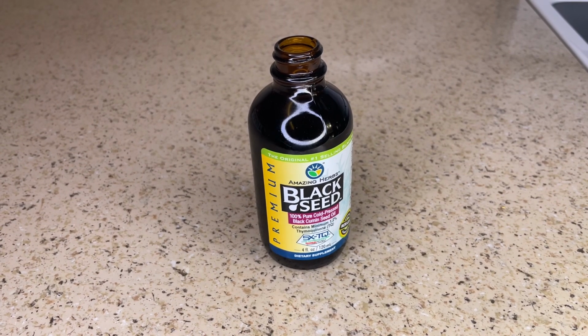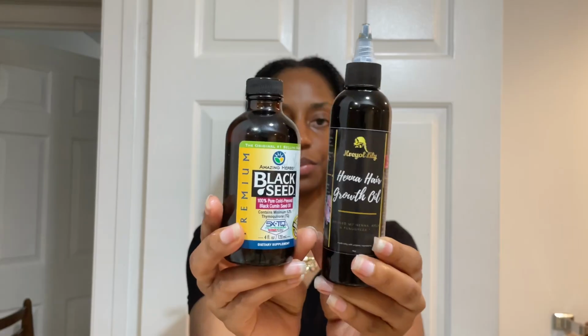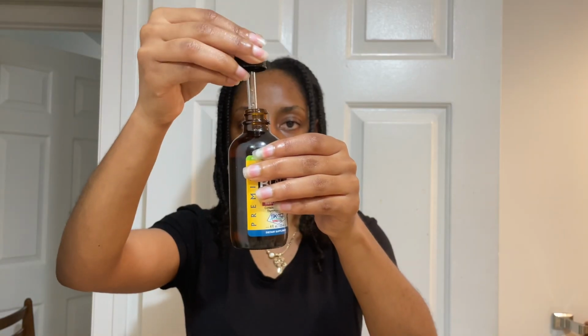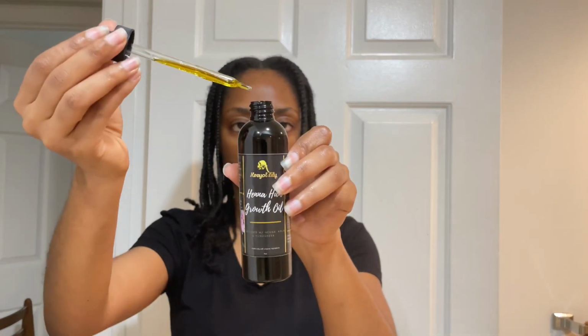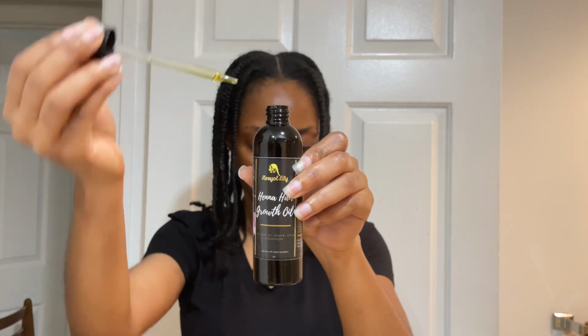With that being said, 100% pure, unrefined, cold pressed black seed oil has to be diluted in another carrier oil because it is too potent on its own. And when diluted, it can be used directly on the scalp to reduce inflammation, stimulate hair growth, and reduce flakiness and sensitivity. Since this is 100% pure cold pressed black seed oil, it is suggested to dilute the oil since it is very potent. So I'm going to take a teaspoon of this and add it to my favorite hair